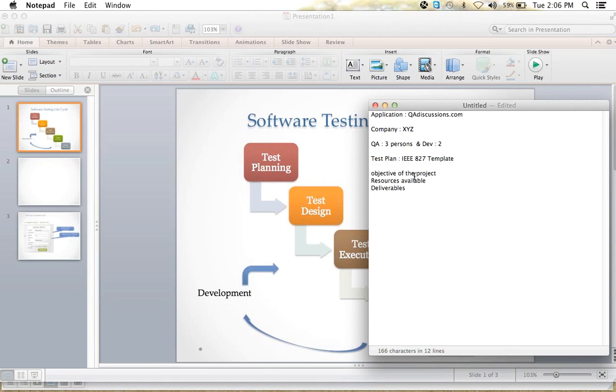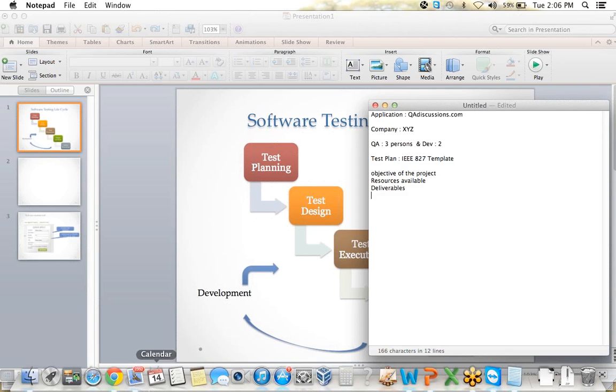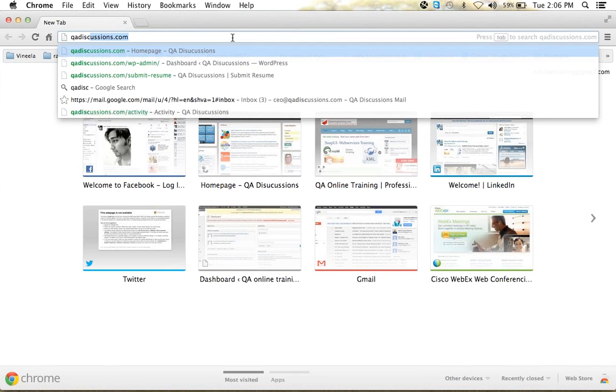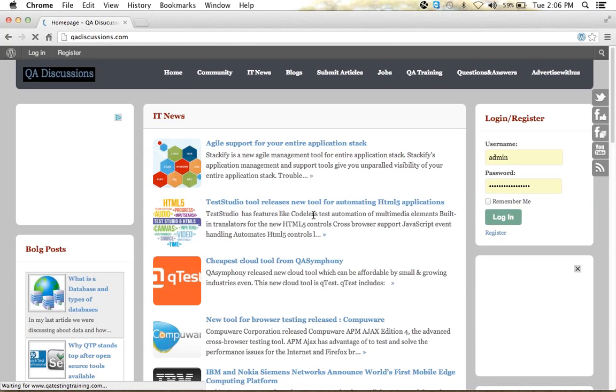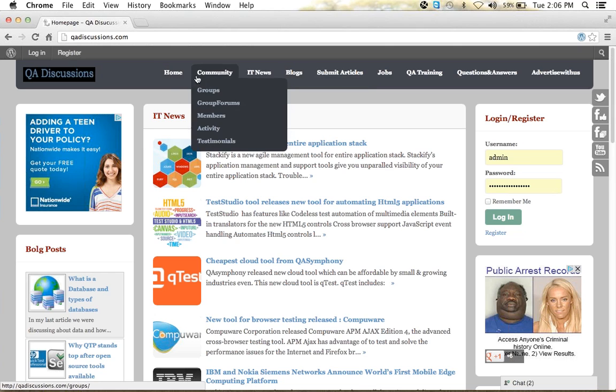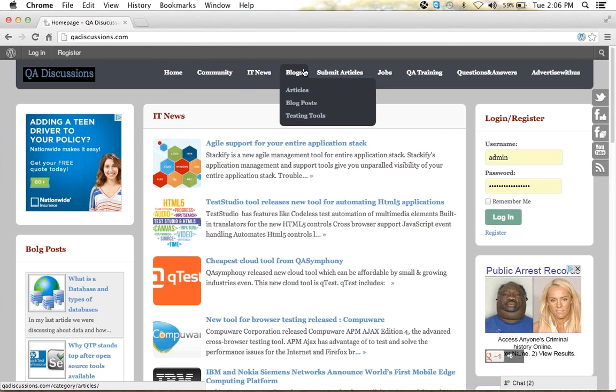For example, if you take the QA discussions forum, here we can see different types of modules available, right? We can deliver each and every module in different cycles. As I said, in the design phase we first divide the entire project into modules and each module into sub modules, right?